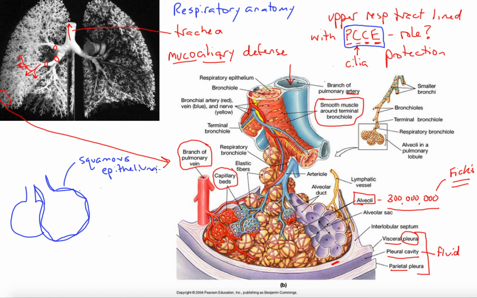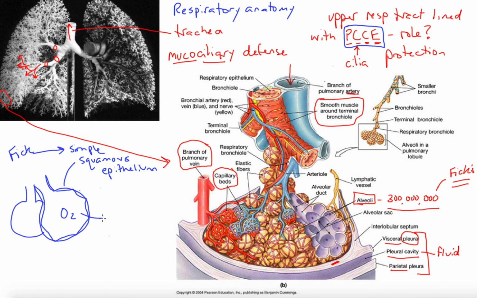And to be even more accurate, it is a simple squamous epithelium. Simple means single layered. Squamous means flat, right? And so these are a single layer of cells and they are very flat. We are back to thick, right? Thick. Because we have to get oxygen from in this air into the blood, which I didn't draw yet,